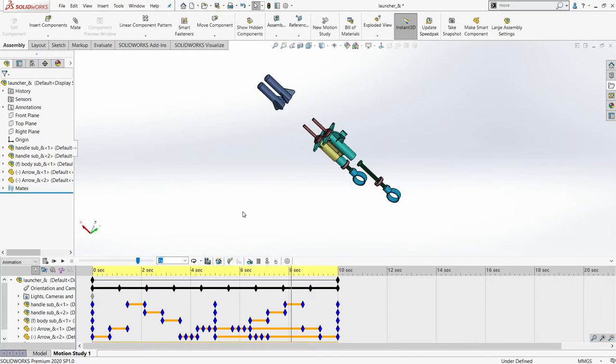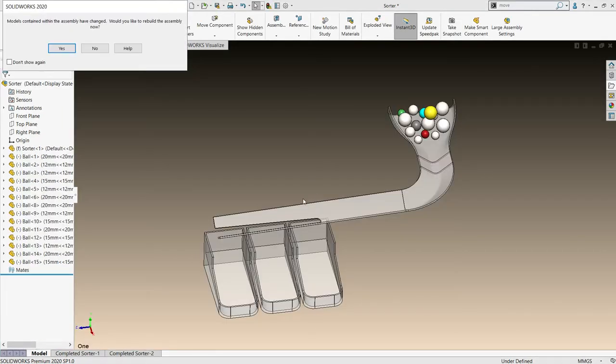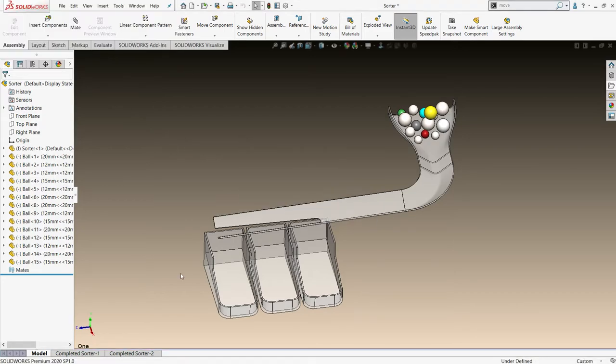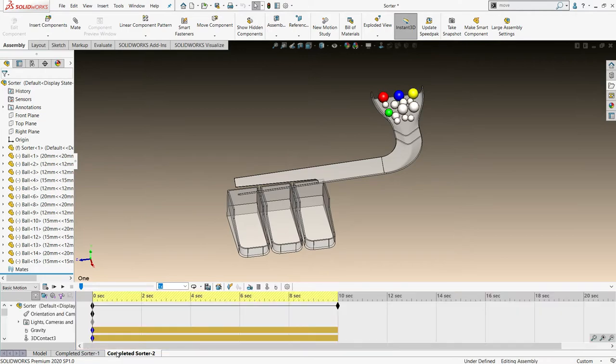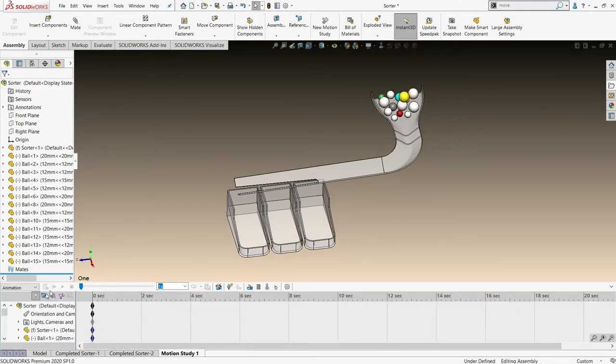So next thing is sorter. Yes. So now I will activate new tab to deal with this. So next, from the animation I will go with motion, basic motion study for sorter. I'll activate this